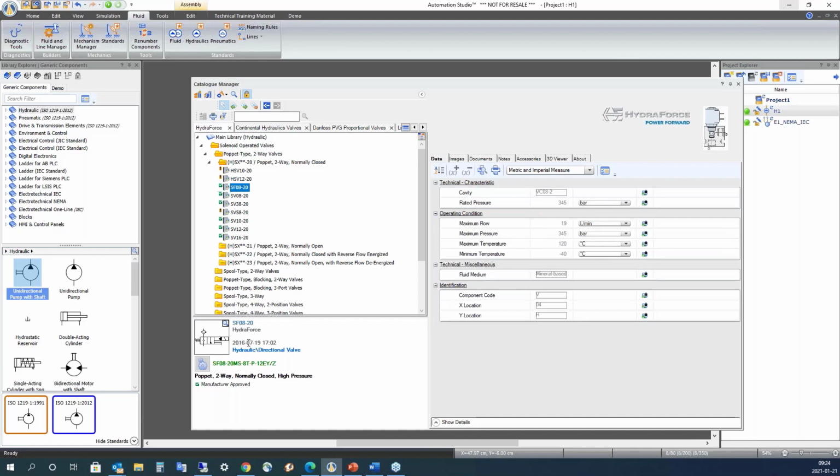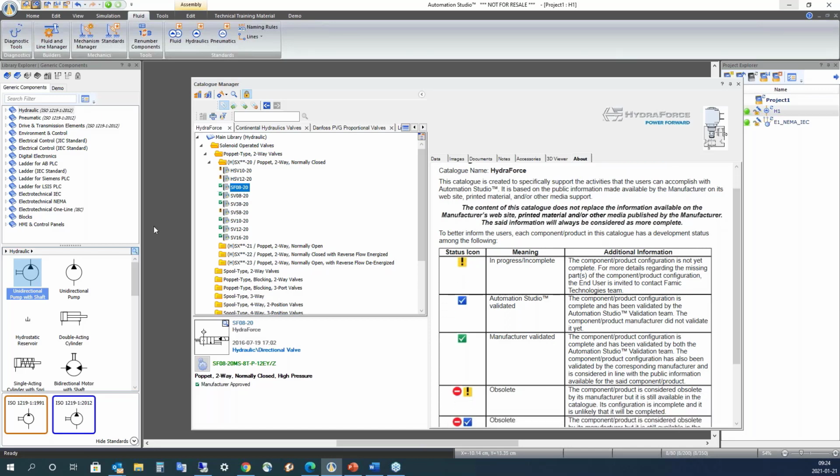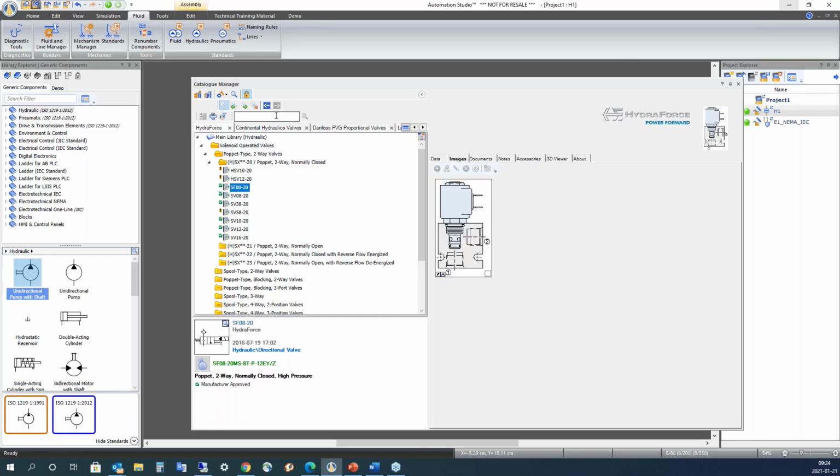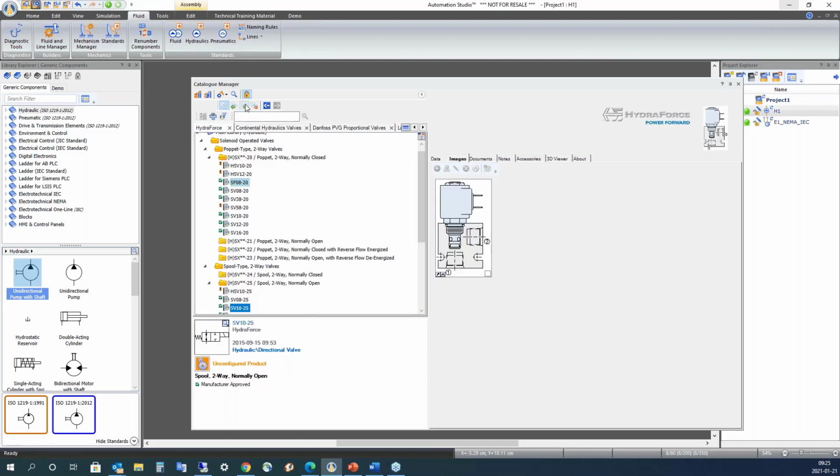What we have on this section now, here we have the reference, we have also the description, and we have also another important feature, that you will find in the About menu. The About menu shows you the name of the catalog, but also there is a statement from FAMIC Technology that each component has been done with the public information. For example, if I go to Continental and I look for a specific component,